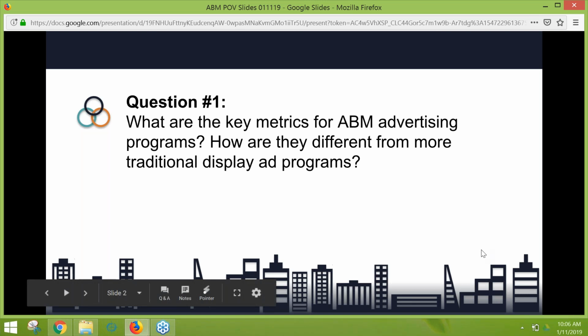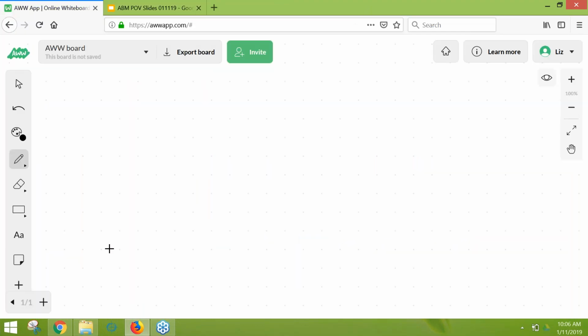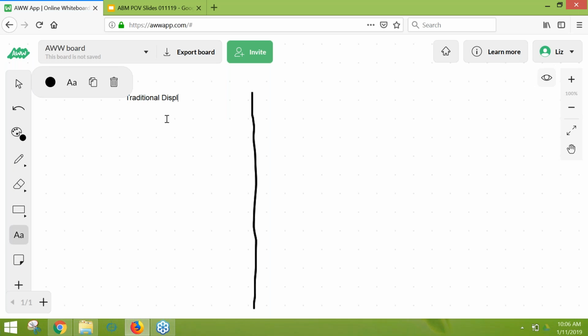Yeah, I think what we could do, Jeff, is bring up our regular whiteboard here, and break it up into a discussion around a couple of things. One is display and spend on display media, display budgets. I'm going to label on the left what I call traditional display. B2B companies have been spending a bunch of money on traditional display advertising, paid media. So we will see what has changed going from traditional display advertising to paid media. First up on the left, a key thing to discuss is